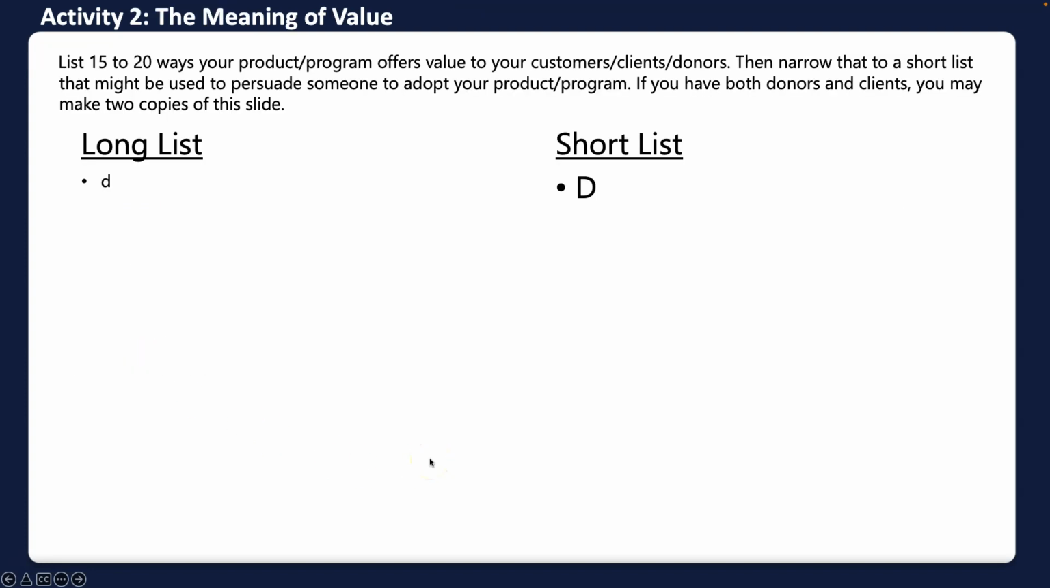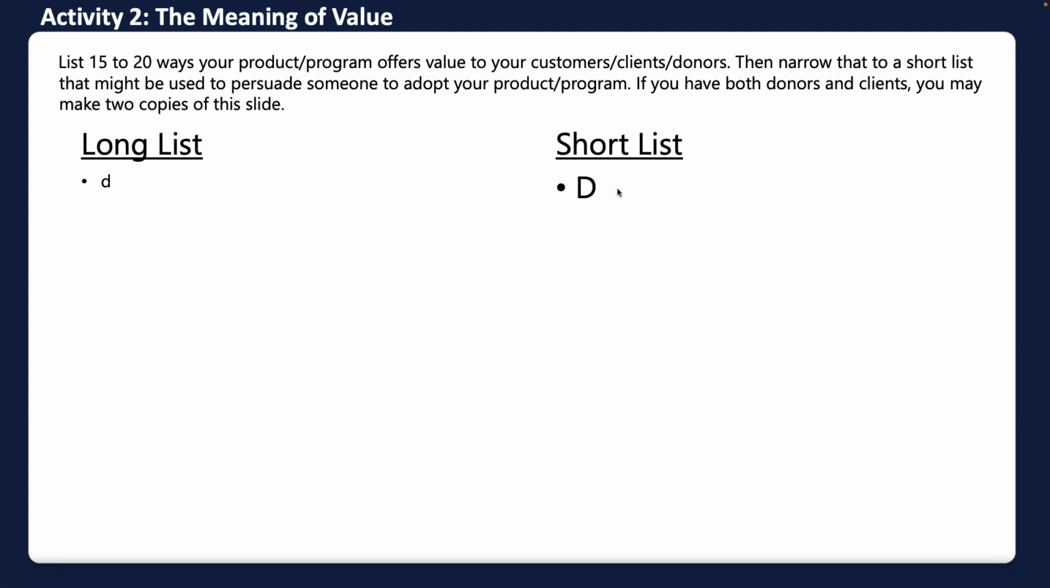Now you're going to go into activity 2. You're going to list, in this long list over here on this side, 15 to 20 ways your product or program offers value. You may not have 15 to 20, but the idea is you want to brainstorm as much as you can and just stream write, and try and fill that list, because out of that long list, you're going to create a short list. You can say, okay, what are maybe the 5, or 3, that seem the most likely to have traction with your customers, donors,